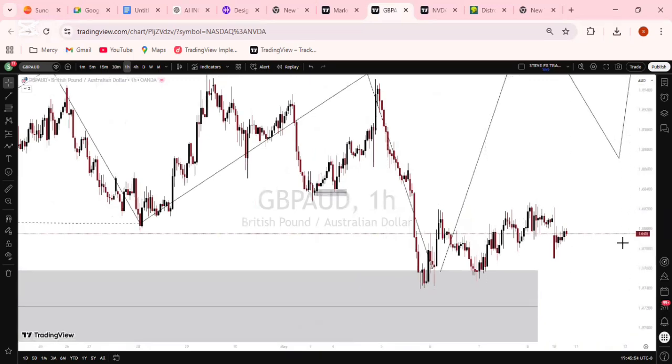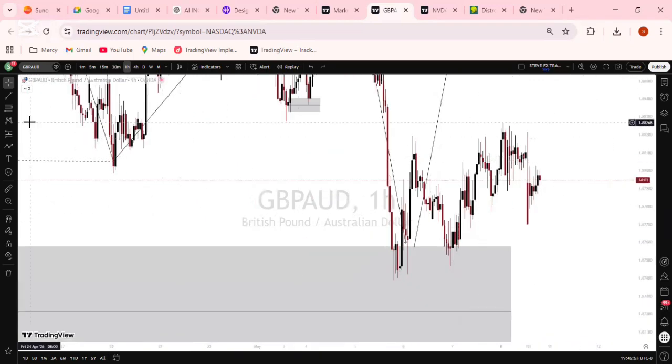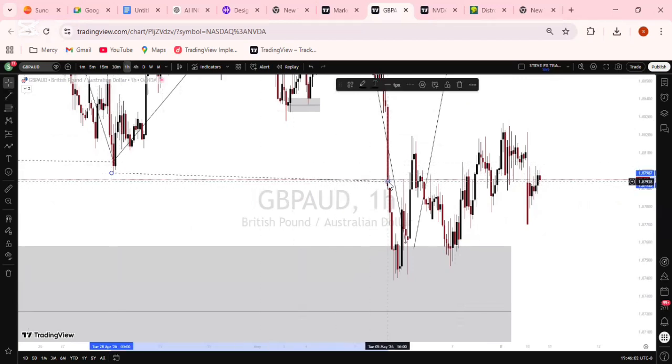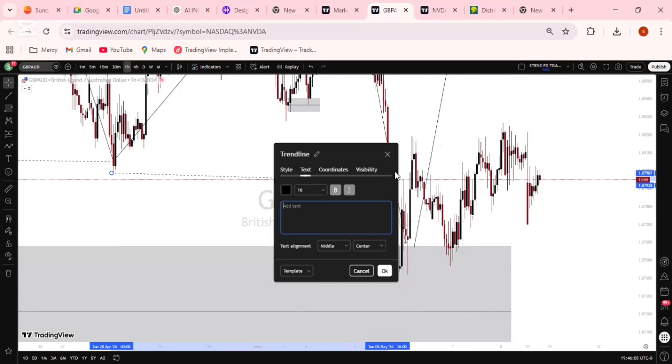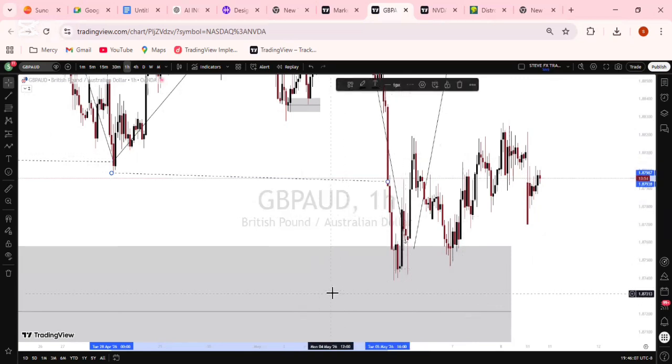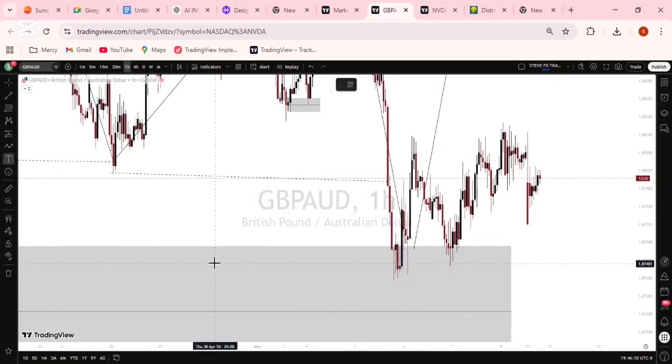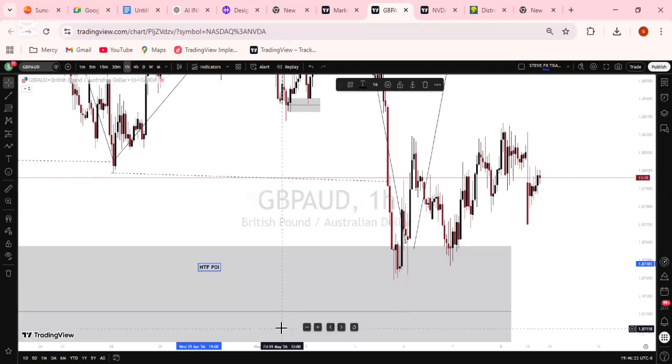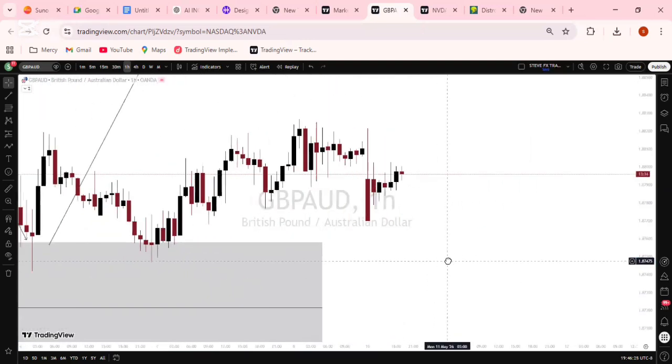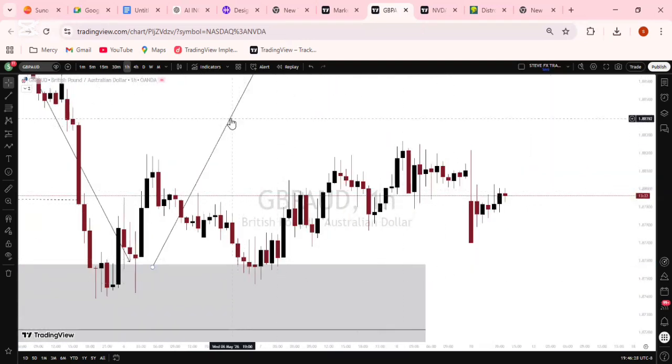What you can see from this zone is that after this structural break, when market retested our higher time frame point of interest, you can use the abbreviation higher time frame POI. So we've mitigated a higher time frame POI. Now, if we look at this particular zone, we could see that